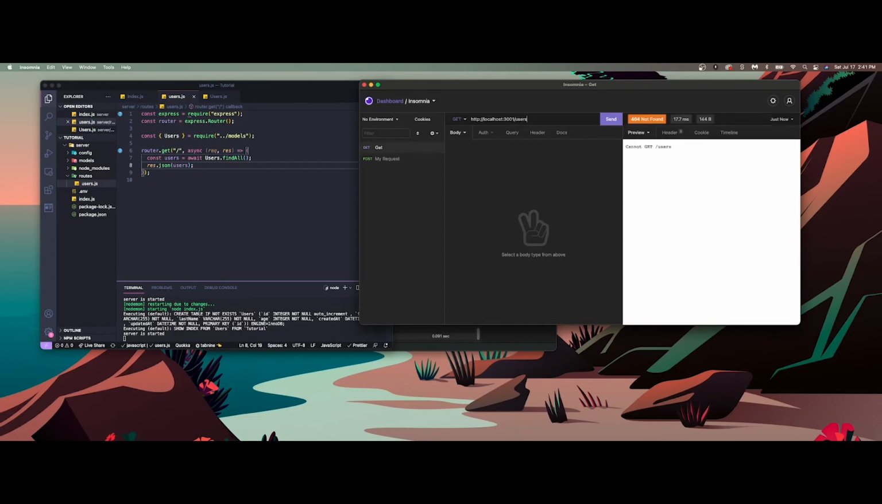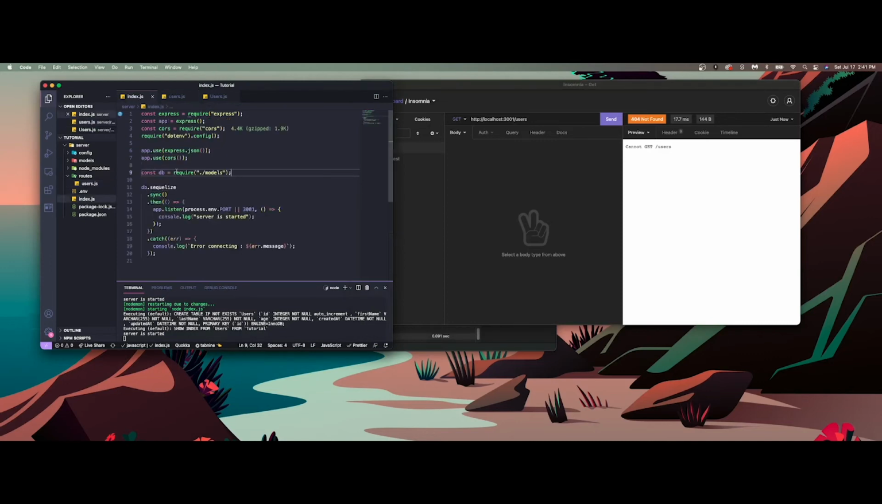Cannot get users. Oh, okay. Before we do that, we need to add our routes here in our server. So let's go over to our server, and then first thing that we want to do, let's do this routes,